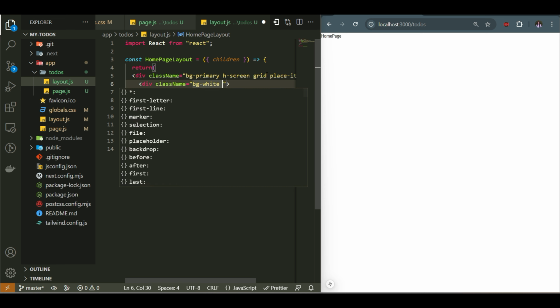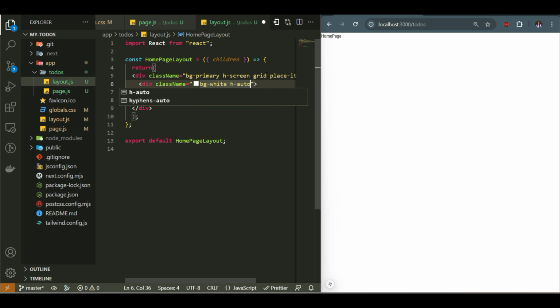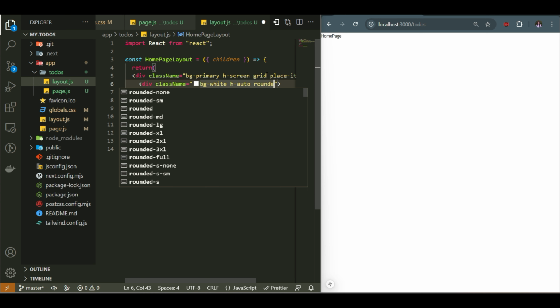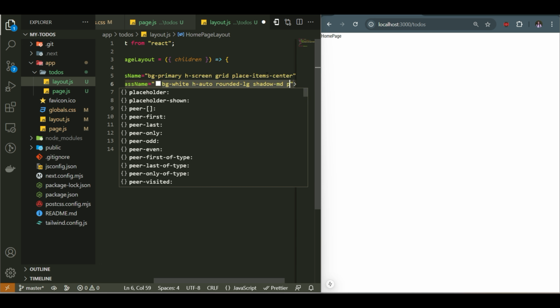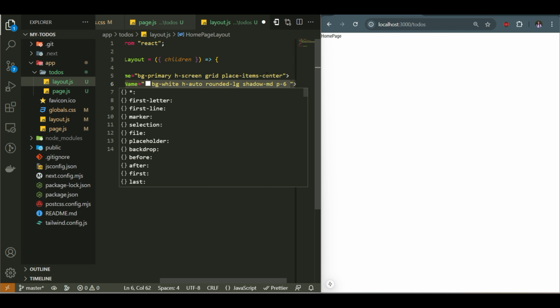Okay, and then I want the height to be auto. I want rounded to be large, and I want some kind of box shadow, some medium box shadow. I want padding of 6. So if you guys have noticed, these classes are automatically suggested to me because I have installed the Tailwind